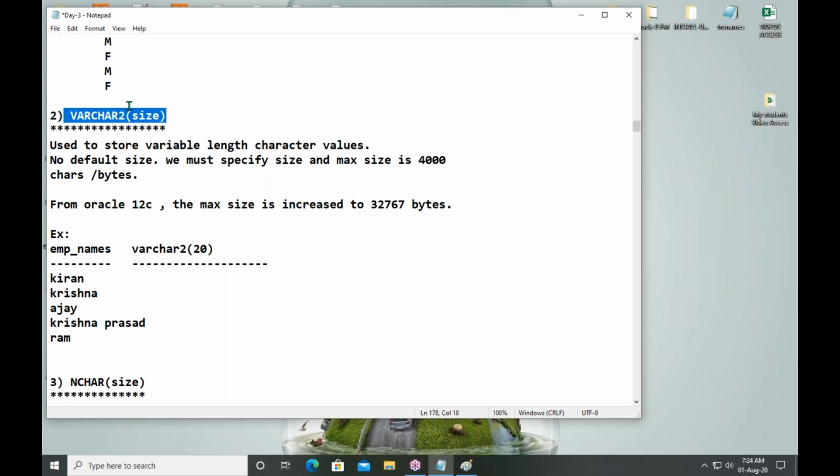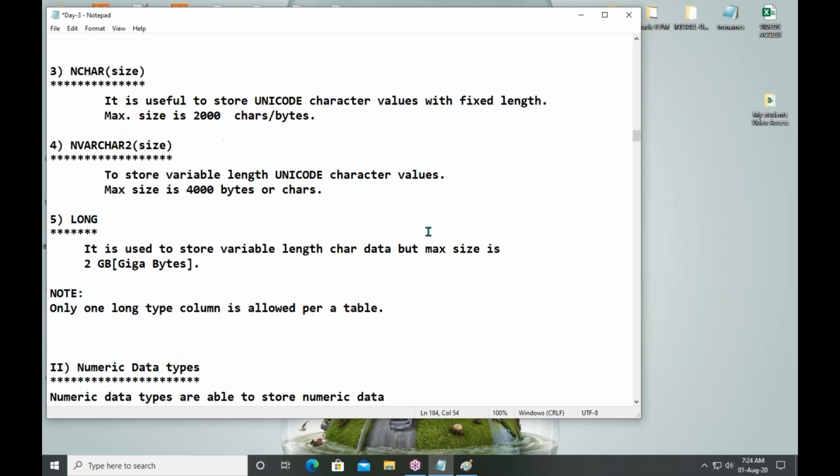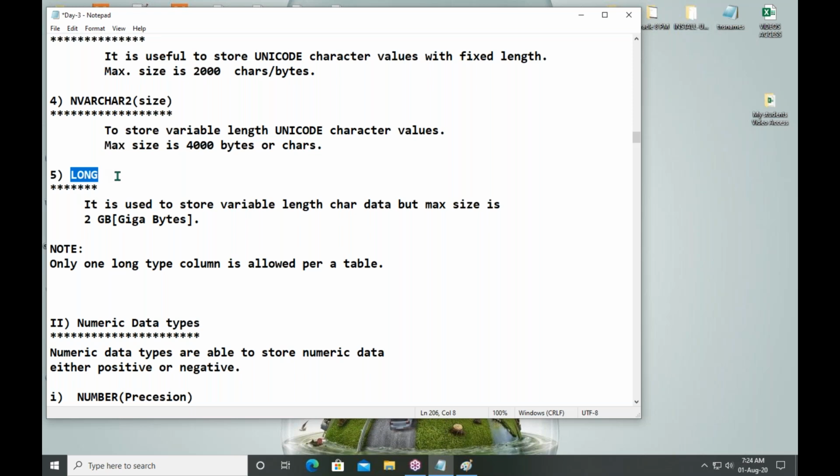What is the maximum size of varchar2? 32,767 bytes. But long supports a value with the size of 2 GB, 2 gigabytes. And within a table, only for one column you can use the long data type. For more than one column, don't use the long data type in a table.